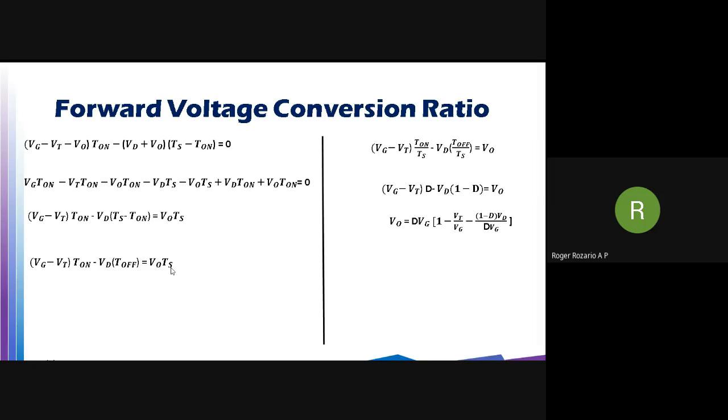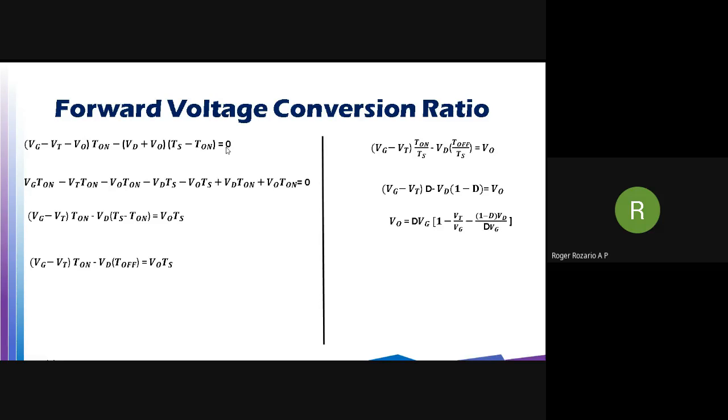So just carefully observe this equation. I am taking this D into Vg as common. So when you take D into Vg as common in the first expression, which is Vg minus Vt into D, it will become 1 minus Vt by Vg. And in the second expression, since I am taking D into Vg as common, D Vg will go to the denominator, and 1 minus D into Vd will remain as it is.